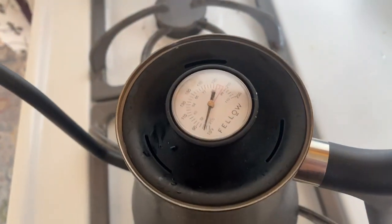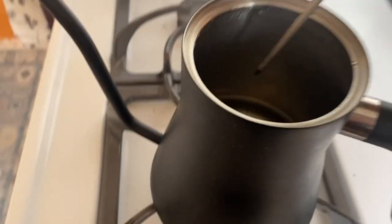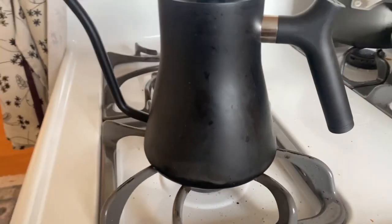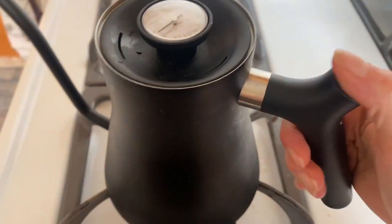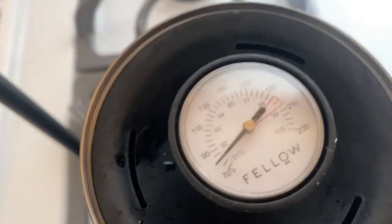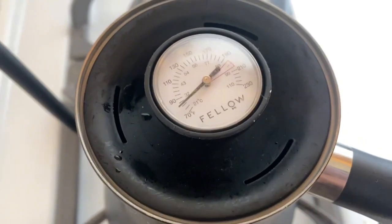This is the Fellow stovetop kettle. Just filled it up, and I'm gonna see how it works. This is really easy to hold, and it has this temperature gauge here to see when it reaches your requested